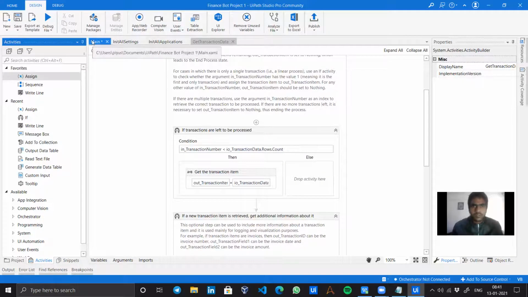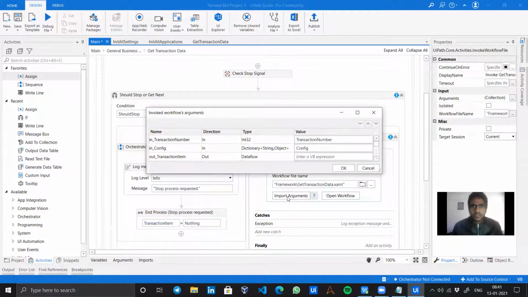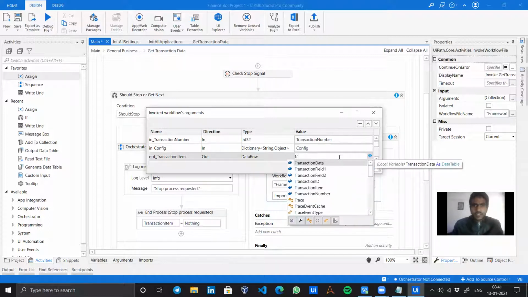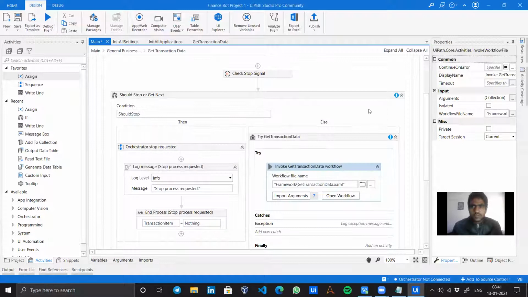Now let's see, I will click on import arguments. Over here we have got data row out transaction item. I will just write it transaction item, and let's scroll down. Okay, cool.